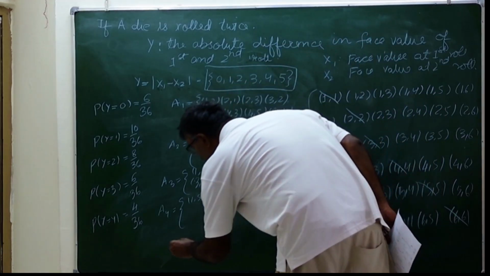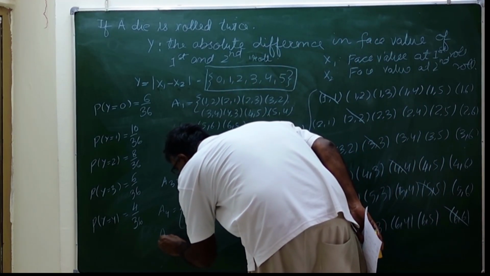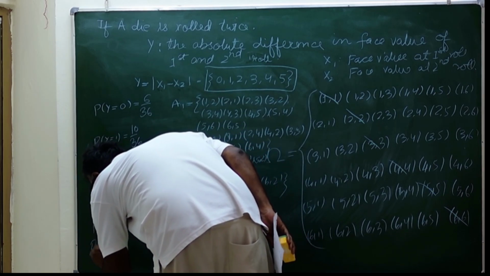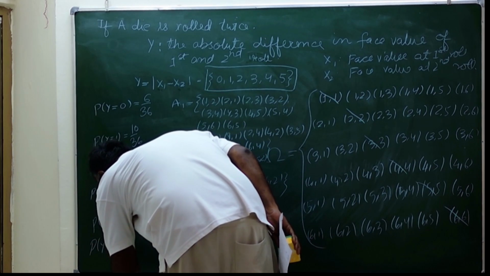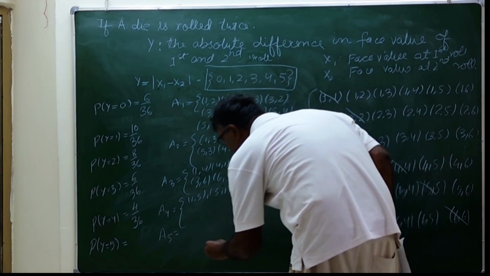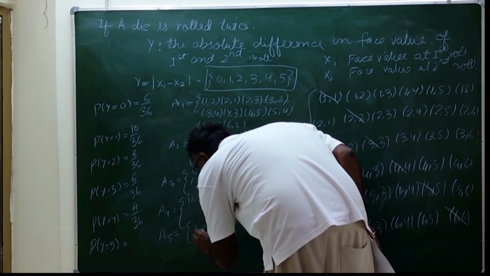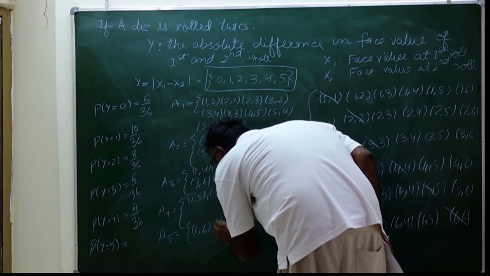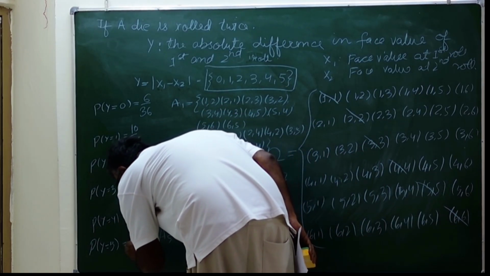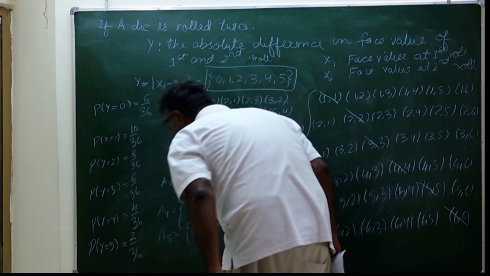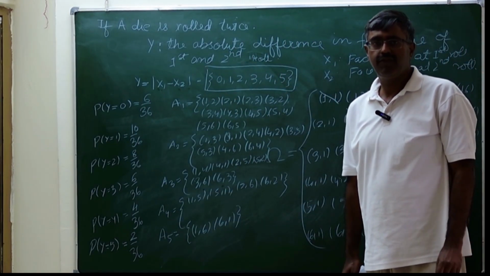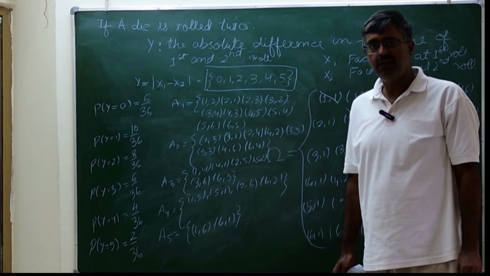Now what will be the value for y is equal to 5? Y is equal to 5, only one case will be there, 1 and 6 and 6 and 1. Okay, so this probability is 2 by 36. So this is the way how we write the distribution of y, and then we are going